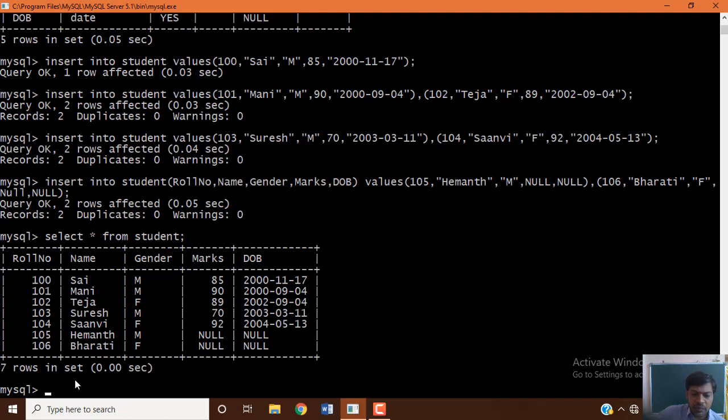Okay, suppose you want to update a particular record, then you need to use update table name followed by the where clause, followed by field name equal to; the where clause gives you the condition. Update table name set field name value, where clause is used to specify a specific condition. Based on the condition, that particular record will be modified, updated. Okay, let's see the marks of roll number 105, how we can update.